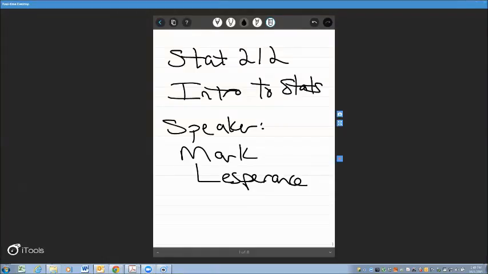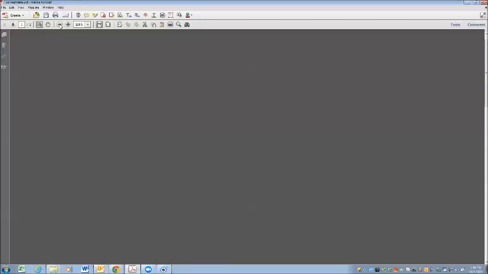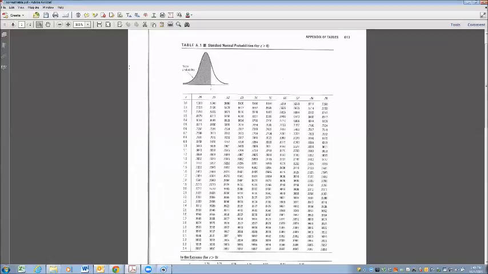We're going to continue our discussion of probability by doing some examples with the normal distribution and introducing you to the idea of the normal table and how you can utilize it. So first of all, I want to pull up the normal table and show you what it looks like. Back out and give you a bigger version of it here. The normal table in the back of your textbook or online for your textbook